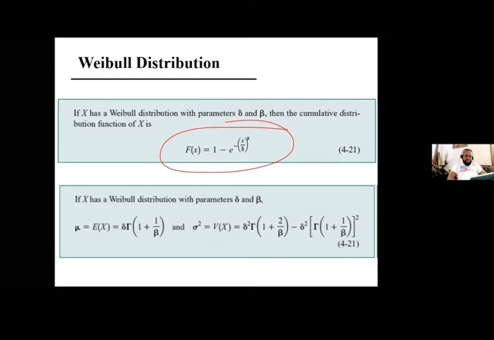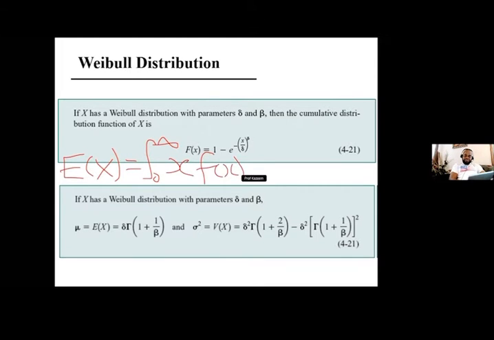So if I want to find the mean, of course, Weibull is a continuous probability distribution. If I want to find the mean, of course, I'm going to use the integral from 0 to infinity of x f of x dx. And what is f of x? Then you're going to use f of x of Weibull, that I showed you the other time. And at the end of the day, this is what you're going to get. That is the mean.